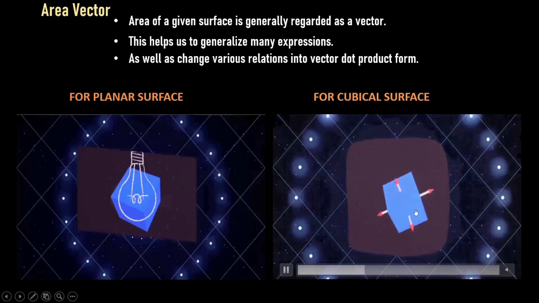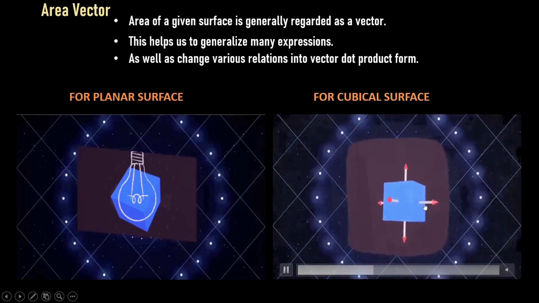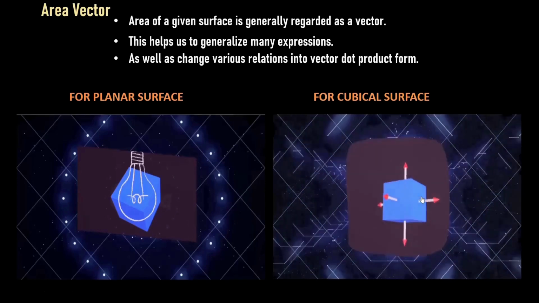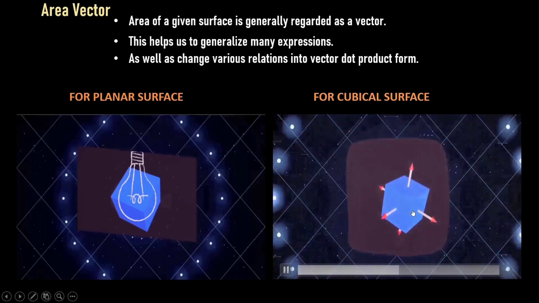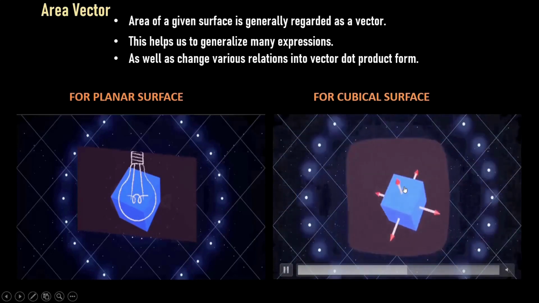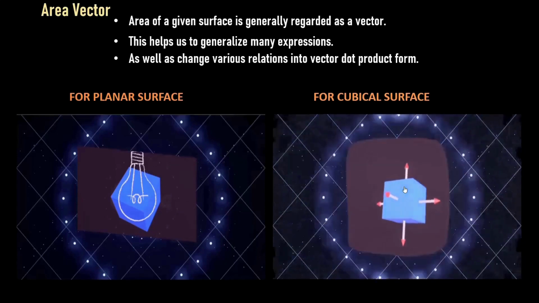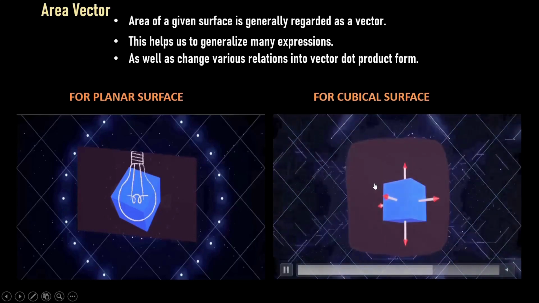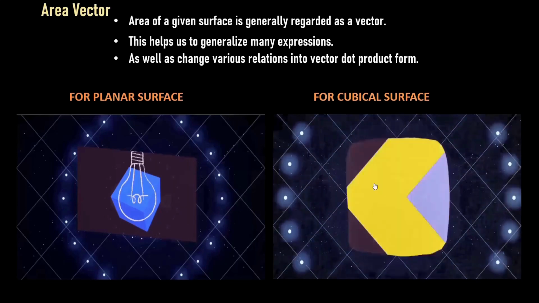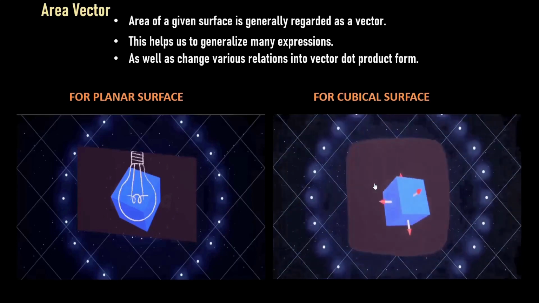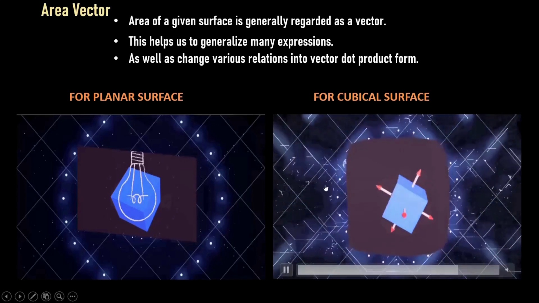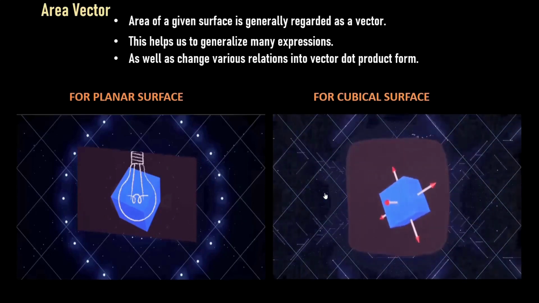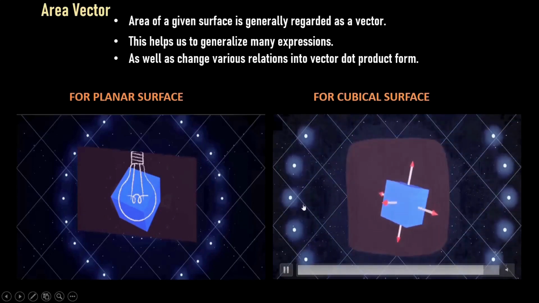So you can see here in this figure, every face is having an area vector, that is a normal vector pointing in different direction. So for a particular orientation of this cubical surface, for each face we have to assign a specific direction. This is how we can represent a cubical surface as an area vector. That is, each face has to be represented individually with a normal vector pointing always in an outward direction. So I think it will become clear to you how to represent the area as an area vector for a planar surface and for a cubical surface.